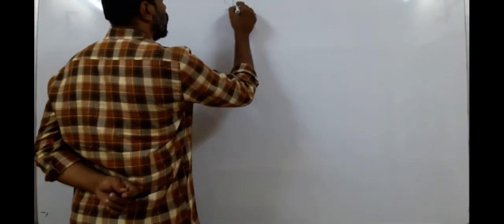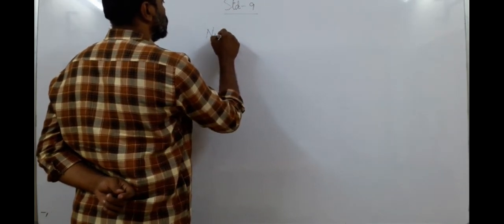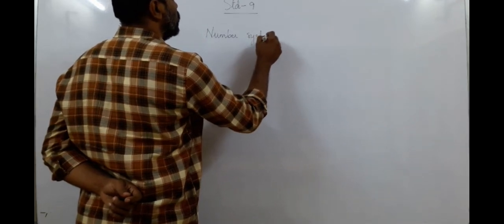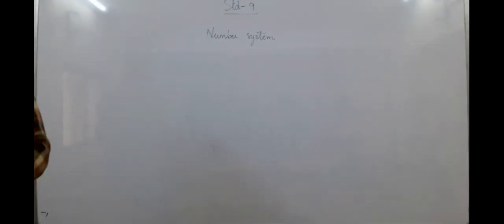Good morning, friends. Last time we were working on the chapter of number system, chapter number 1, the number system. So, what did we do in the number system? We saw the different number systems. Then we moved on to irrational numbers.